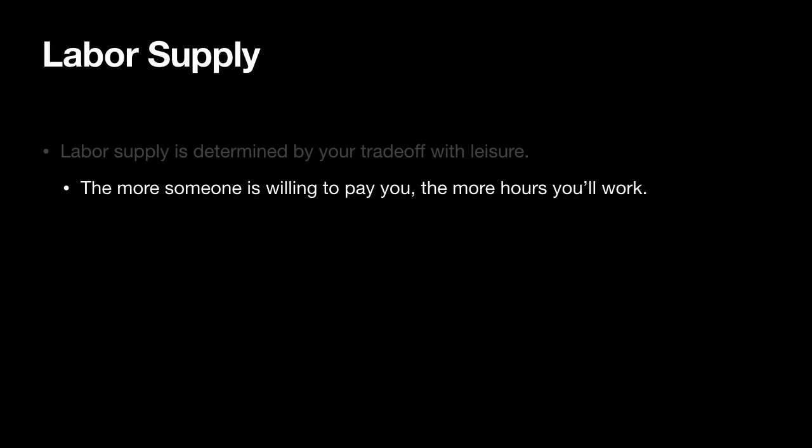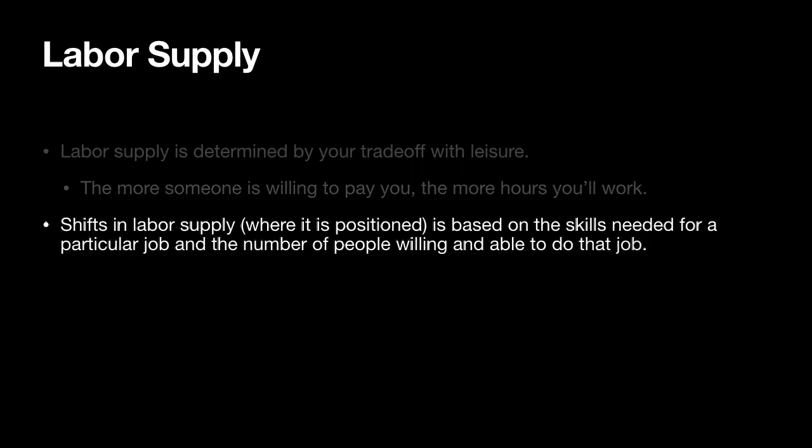And the reason for that, if you're sitting around doing nothing for 24 hours a day, the marginal value of another hour of leisure is very low. The opportunity cost of working is very low. Therefore, you're willing to work for fewer dollars. Now, as you move up and you start working 15, 16 hours, then the marginal value of leisure is very high. The opportunity cost of working is much higher, and I need to pay you more to get you to work an additional hour. And that's why we have an upward sloping labor supply curve.